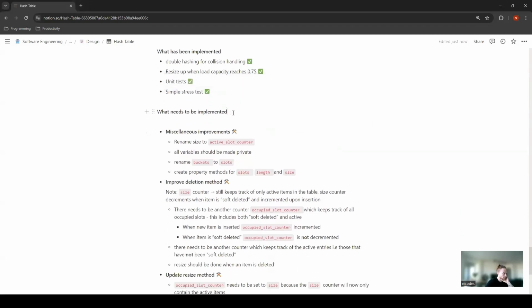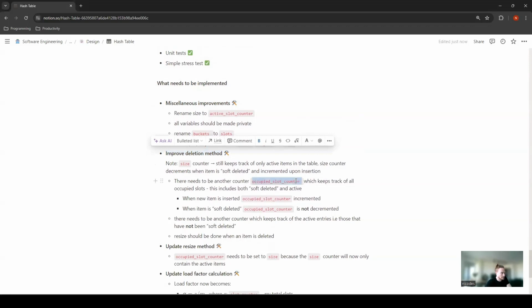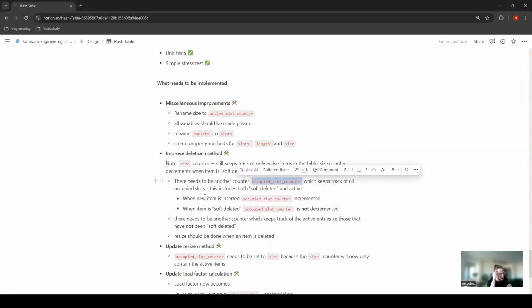So then what I will basically improve upon now is I just will do some miscellaneous improvements. I also need to improve the deletion method. So I need to add another counter, which keeps track of all the occupied slots. And then this is needed because the load factor is now going to use this instead of the size counter,